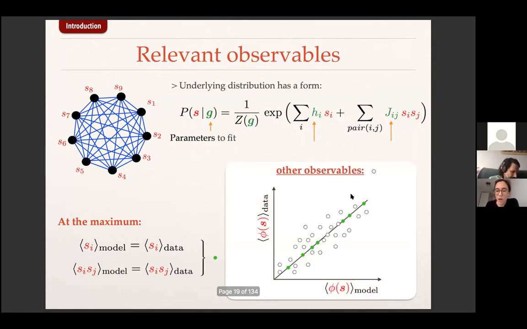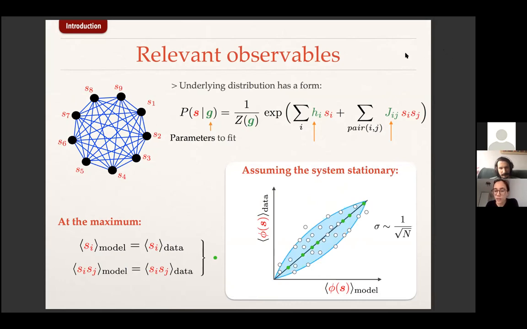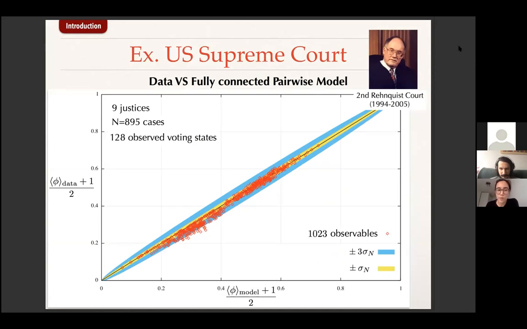Okay, and then the other observable will be somewhere around that axis, maybe anywhere in that graph. If I assume my system to be stationary and my model is good enough to capture the statistics and all the patterns of the system, then all the other observables will end up within some standard deviation from that x equals y axis. This is assuming the system is stationary. This standard deviation is proportional to 1 over the square root of n, where n is the number of data points in the system. So for example, if I do it with the US Supreme Court,